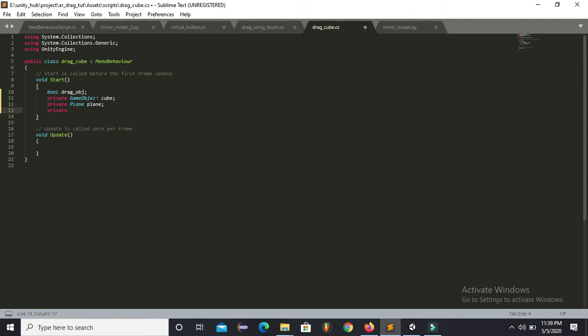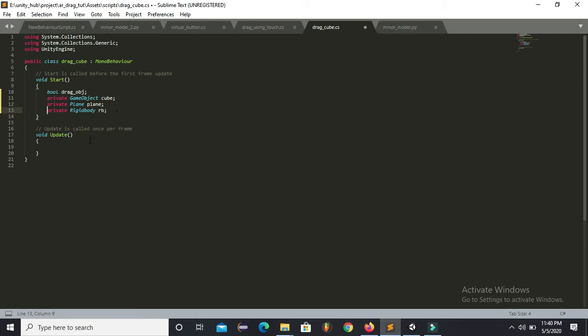And now I will add a rigidbody. So whenever the target image is recognized, we want to add a rigidbody component to our 3D game object. So we will be adding the rigidbody component through our script. You can also use the inspector, but we will be using script.